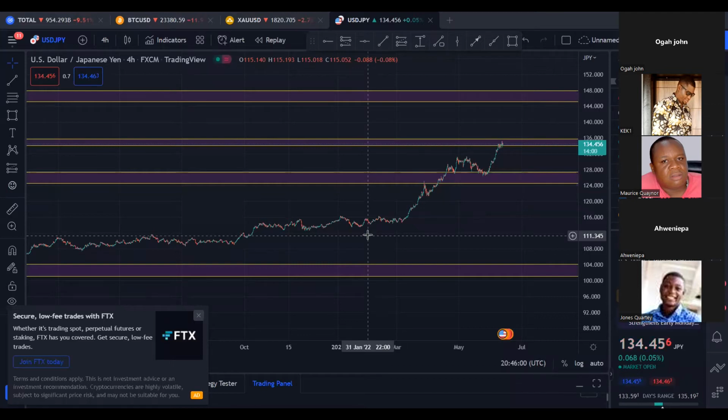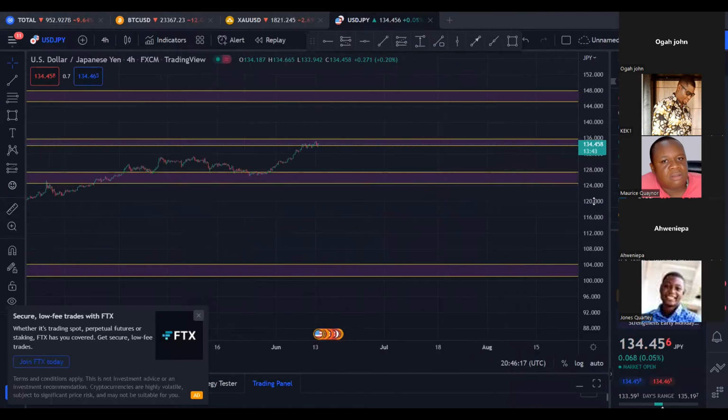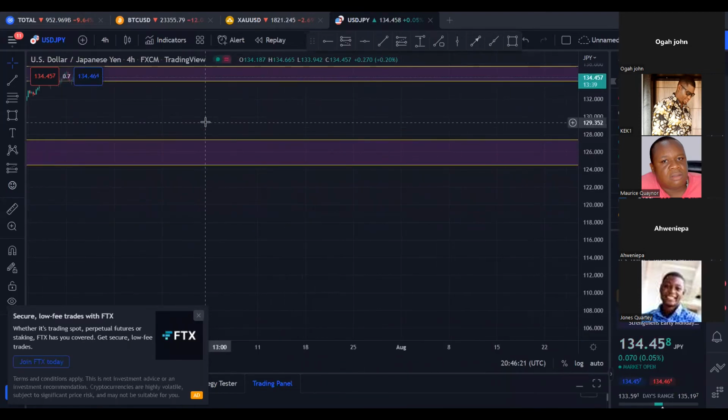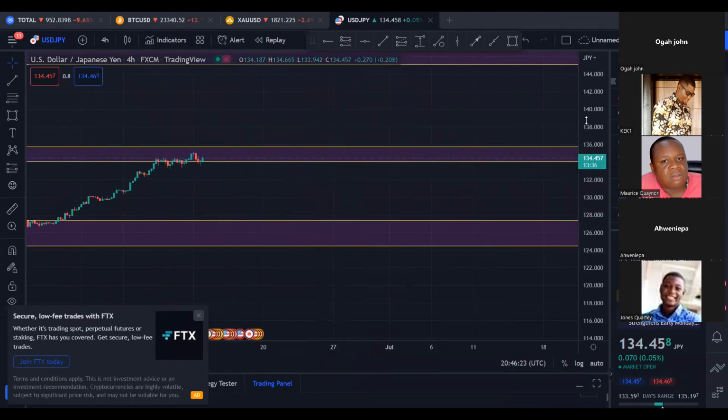Before you realize it is moving away. But the impulsive move starts from this level and then this level. So all that we've seen on the daily and monthly time frame as a correction is true, and then it's clear. Then what we see on the daily time frame, with people who will zoom their charts like this,